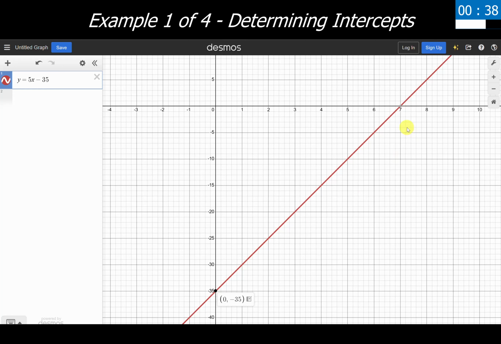Looking at the x-intercept, where it crosses the x-axis, just counting over 1, 2, 3, 4, 5, 6, 7, so our x-intercept should be at the point 7, 0. And sure enough, it is right there. On our homework or on the test, you'd be writing down x-intercept 7, 0, y-intercept 0, negative 35 for your final answers. This is all we really need to do for finding the intercepts if we've been given a graph. Not a lot of work can be shown, and that's perfectly acceptable in that case.